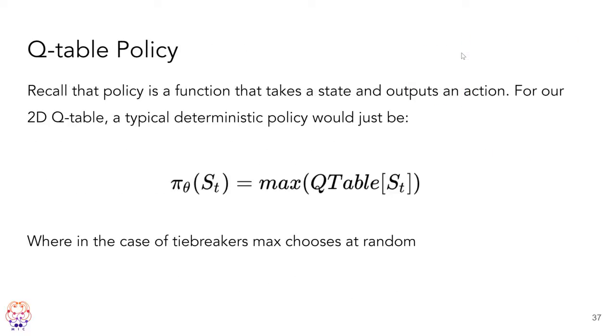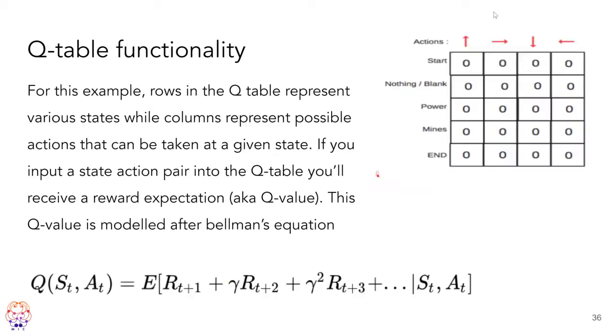I have to define one more thing, our policy. Who here remembers what a policy means? All right, so policy, basically you take in a state and then you're going to output an action. So in our case, it's going to take in this row. It's going to find whichever one has the highest value. Right now, they're all zeros. We can imagine one might be 50, another one might be -1. It's going to choose 50 because it's the highest reward. And then we're going to choose that action. So if 50 was here, the action would be down.